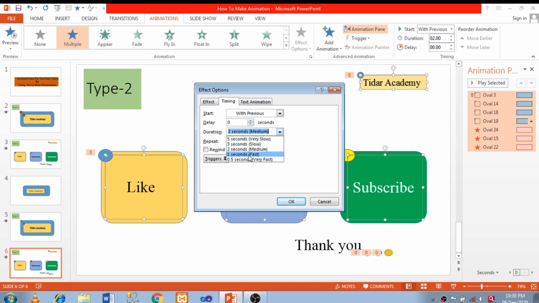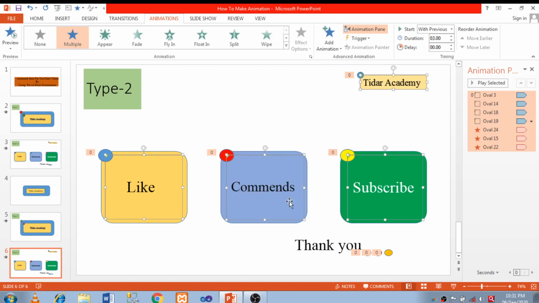For 1 second it is very fast, for 2 seconds it is medium, for 3 seconds it is slow, and for 5 seconds it is very slow. I have selected 3 seconds, and for repetition, how many revolutions you want. For none it will revolve only one time, for 2 it will revolve 2 times, for 3 and any number of times. I want the revolution until end of the slide, so I will select this, so it will move around that rectangle until you click the next slide.